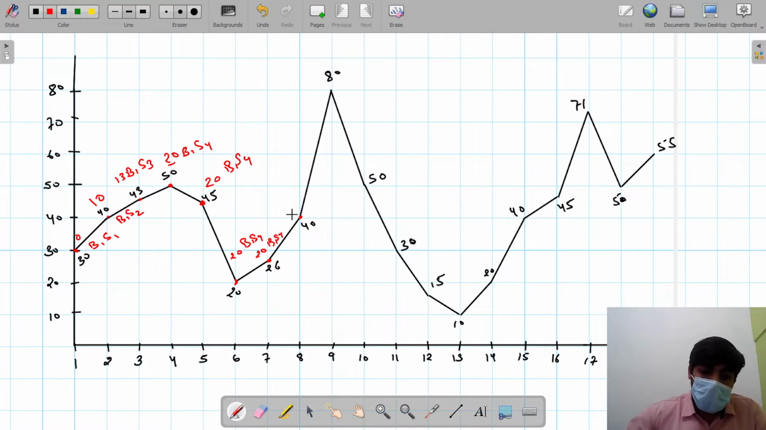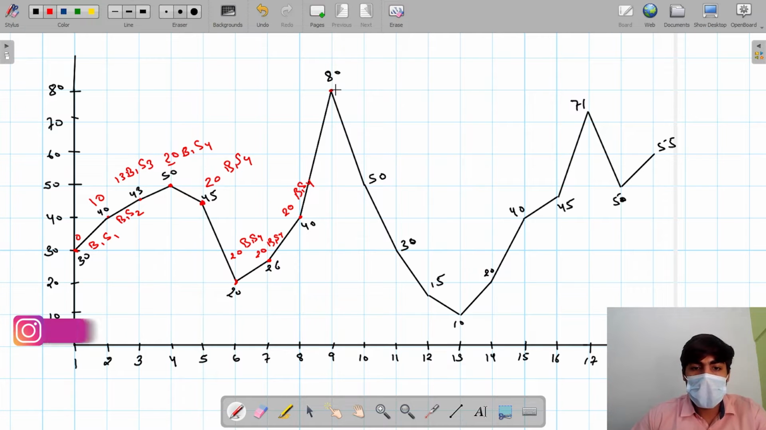For this one, the profit is the same, because if we sell today we get a profit of 20 and our previous maximum profit is 20, so we are taking it as it is. Now come to that point. Here, you can see that